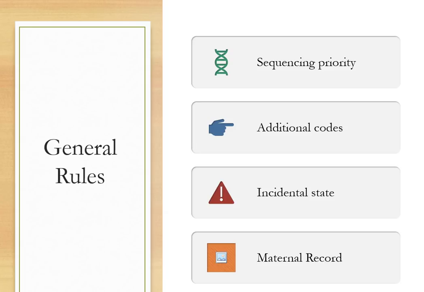Number one, guys, these codes are only for the mother's record, never placed on the newborn's record. The mother's record is known as the maternal record. Additionally, these Chapter 15 codes have sequencing priority over codes from other chapters. However, you may use additional codes from other chapters in conjunction with the Chapter 15 codes to provide further specificity